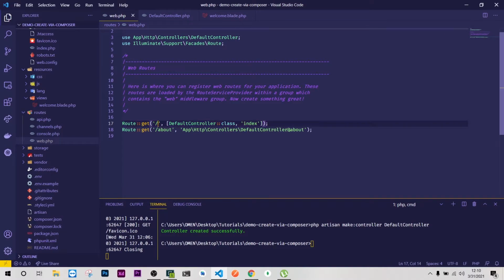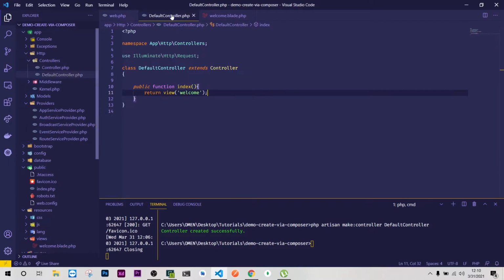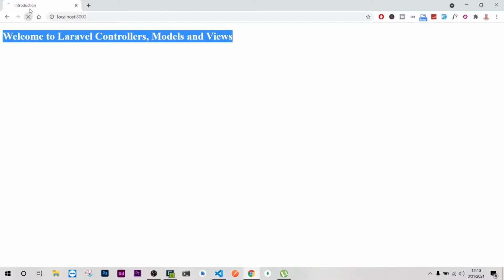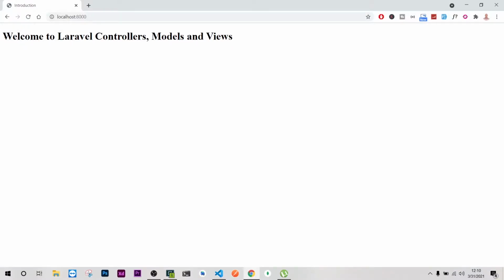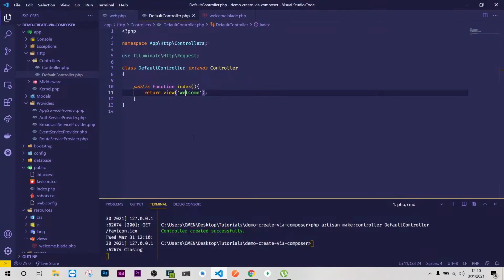So I want to go to about. Let me comment this, otherwise it will throw an error. So we have our default route that takes us to index. It goes to our default controller, and index shows us our view. So let's come here and reload it, and we have the same thing happening, but this time we are controlling it